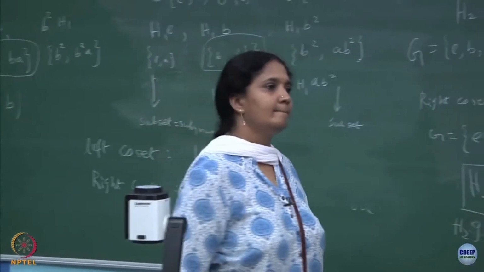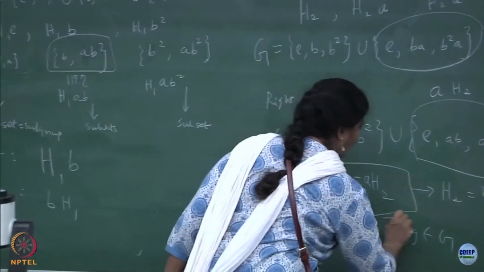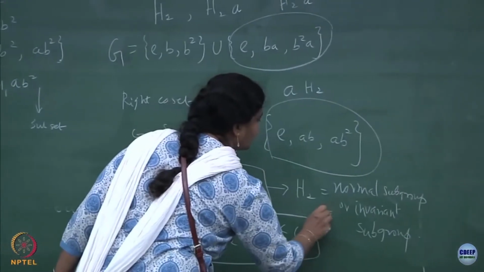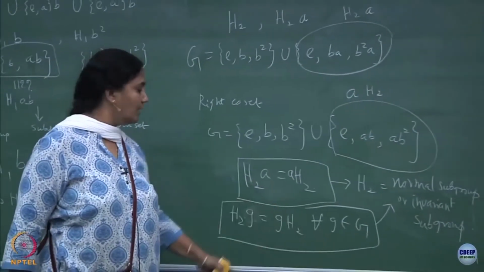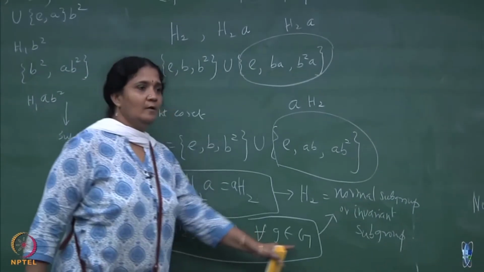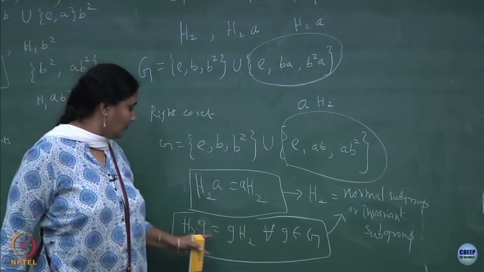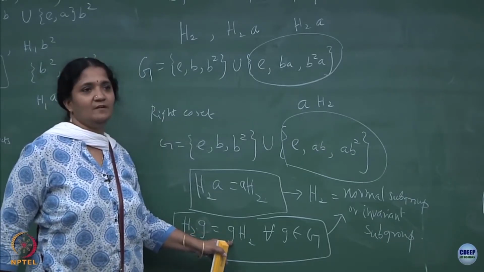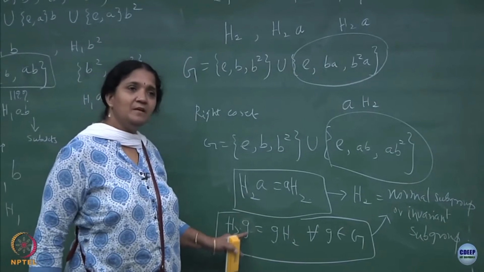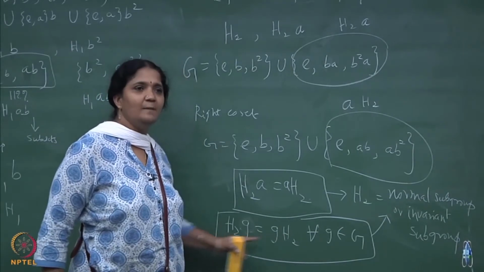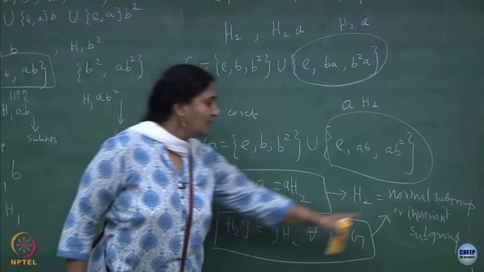Correct. I think this is the most general requirement for it to call the H2 to be a, in this particular case that was the only non-trivial element, that is why I put it in, but in an arbitrary group, if the left coset and the right coset, if I multiply by G here, the same G has to be here, then only you can call it as the coset of the subgroup multiplied by G. If the left coset and right coset give you the same set, then you call that subgroup to be an invariant subgroup. Good point.